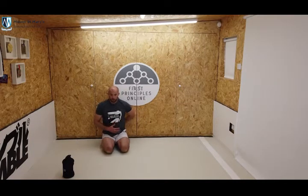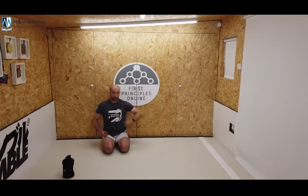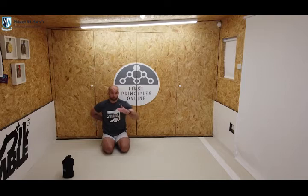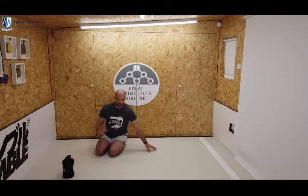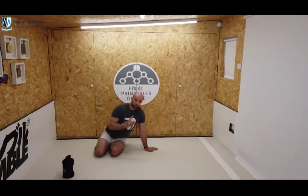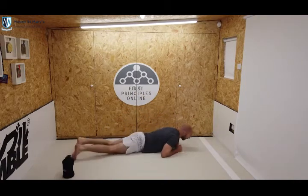Problems with your lower back are often associated with weak abdominal muscles, especially down here at the bottom. And if you do, for example, leg raises and you find that hurts your back, or your back comes off the floor when you're doing it, then obviously your abdominals aren't really strong enough for the task. We'll be looking at a few exercises that pair together nicely to fix both those problems. But firstly, I'm going to go on our front,